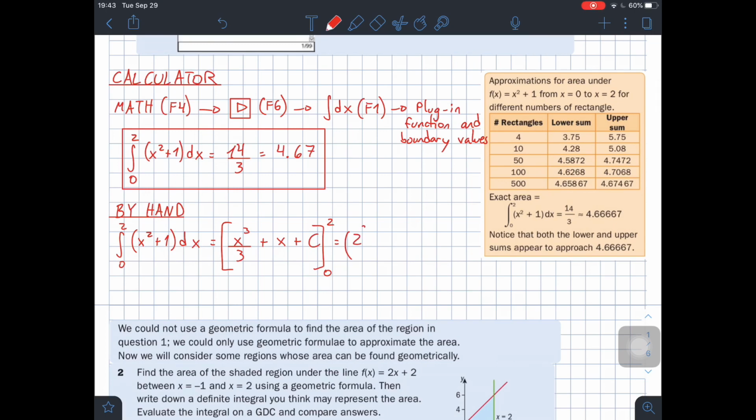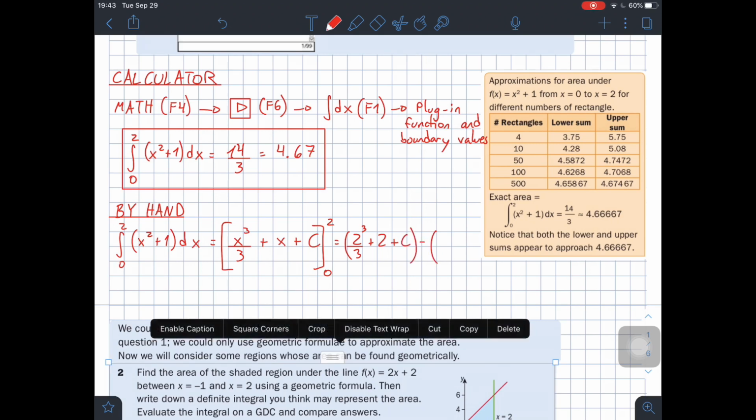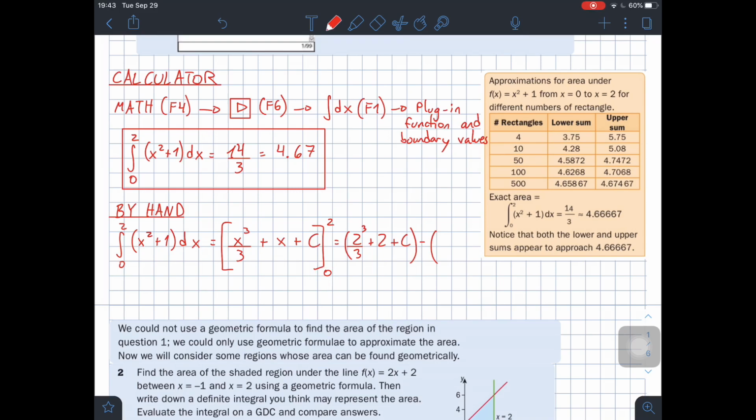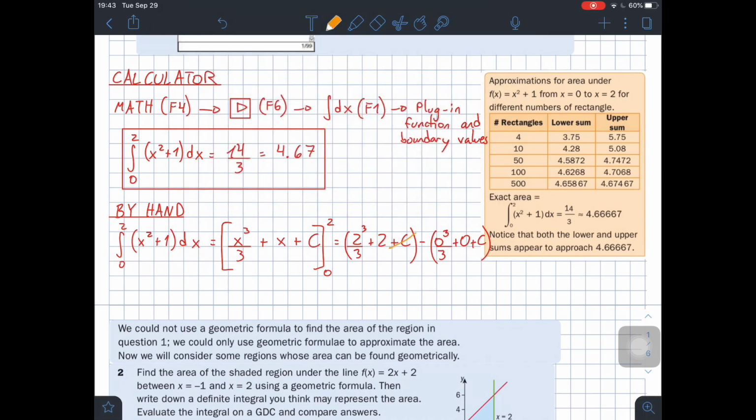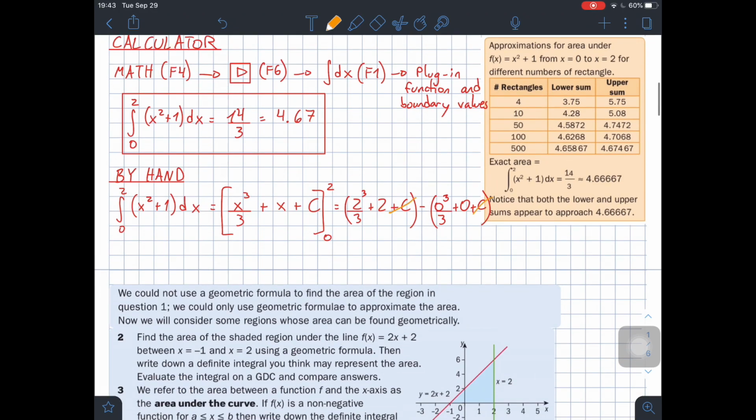So this would be 2 cubed over 3 plus 2 plus c, minus the same expression but now evaluated with 0, right? The lower boundary, so this would be 0 cubed over 3 plus 0 plus c. So you see that here the constant value c actually is getting eliminated. C minus c, so we eliminate the constant value. That's why we do not consider the constant value anymore when we talk about